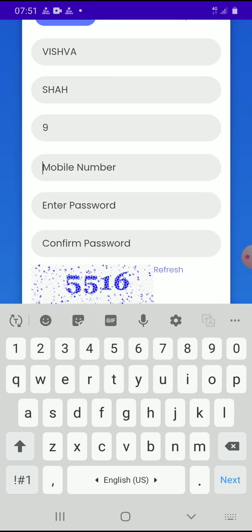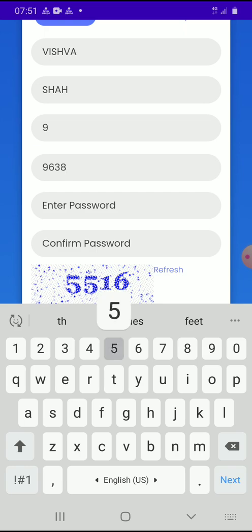Now here I am entering the mobile number. Then I am setting the password. Here I set the password.